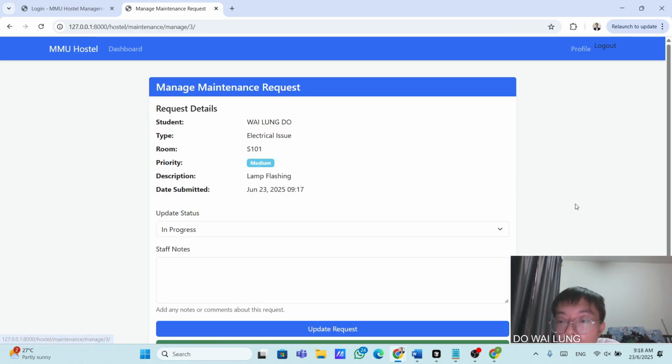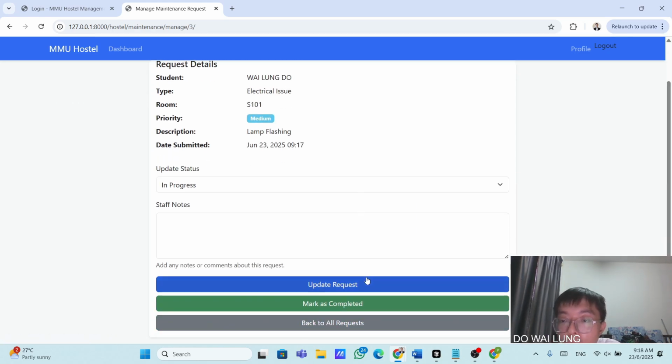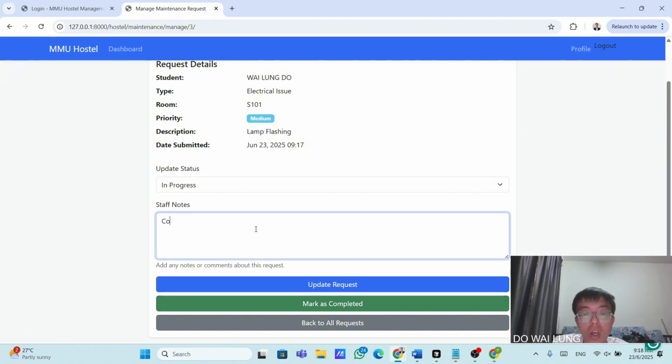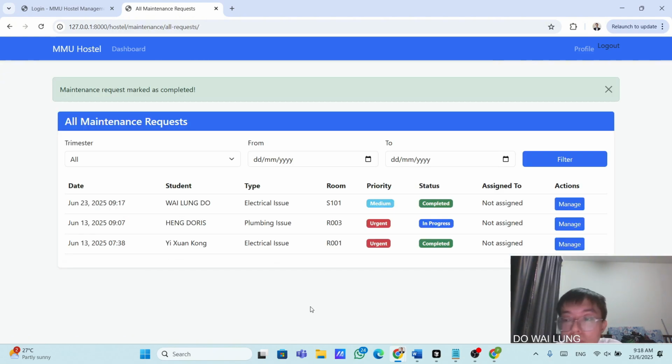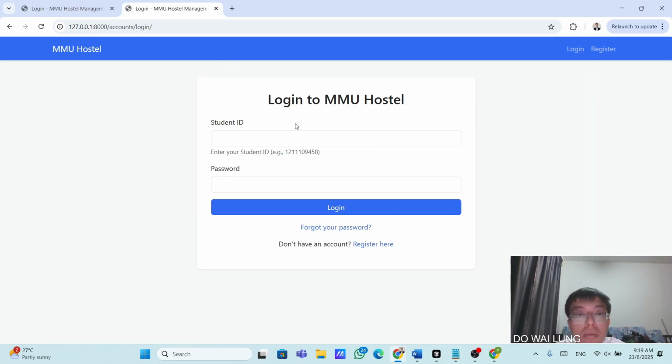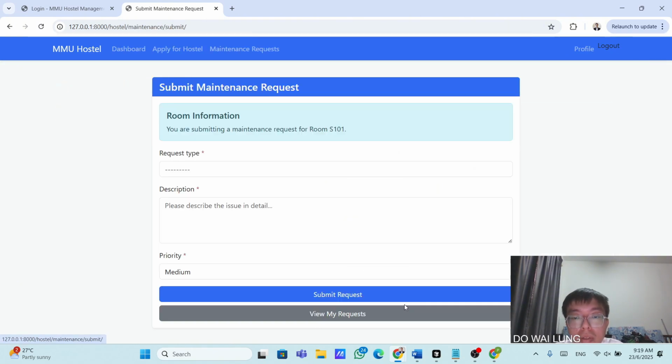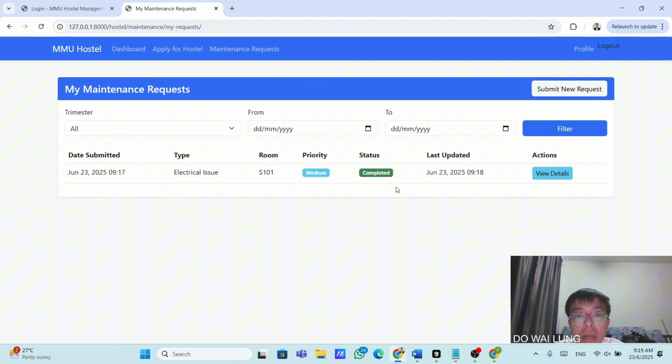Once resolved, I can update its status. I will update it to completed with the resolution detail. So returning to the student account, then we log in. And we can view the request, and the status has become completed now, which means that the maintenance request